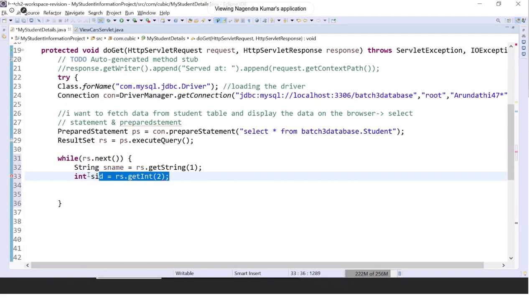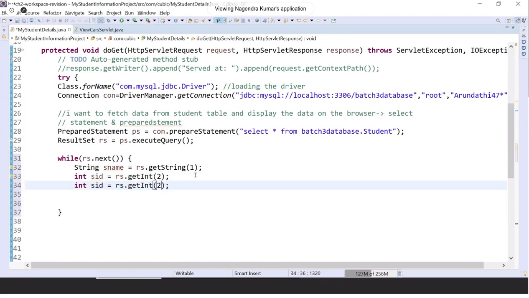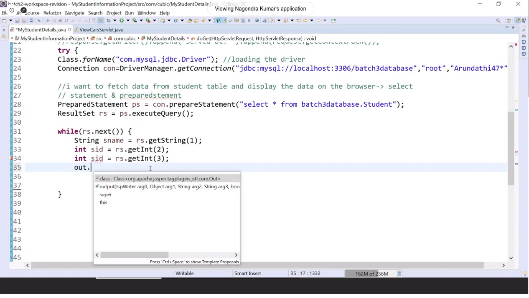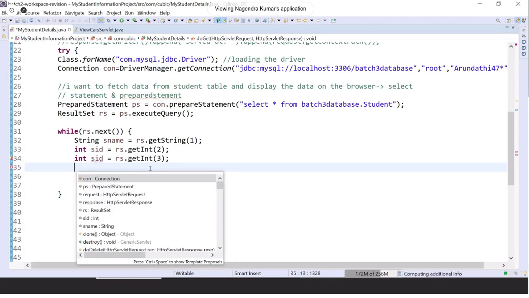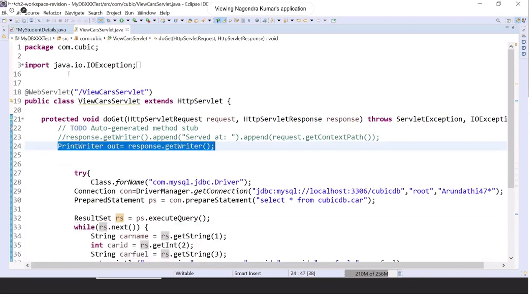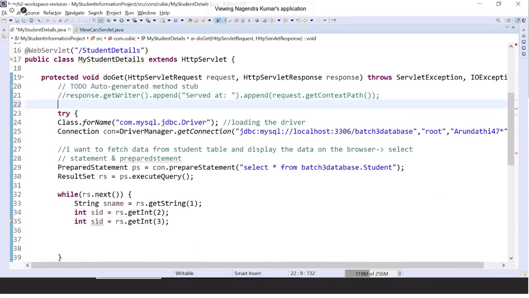For each and every row, I want to take the 3 elements. I want to print them. So here I will write the PrintWriter object out.println. Either I can write out.println or I can write. Let me print it here first. Let me copy it from here. This is just a PrintWriter, we know. Okay, out.println